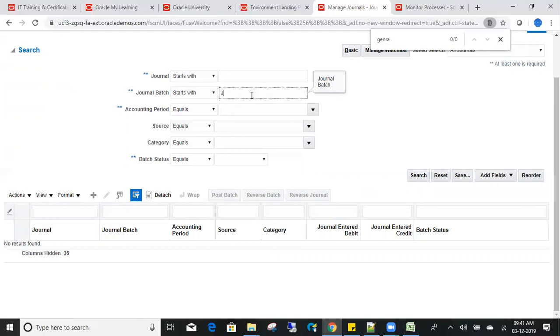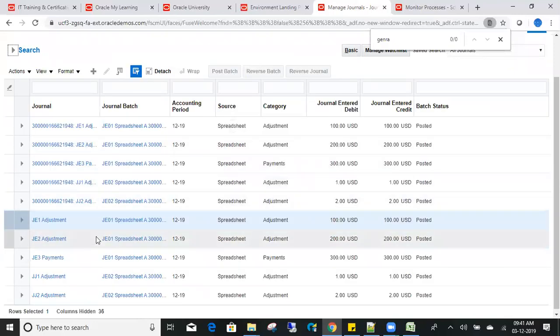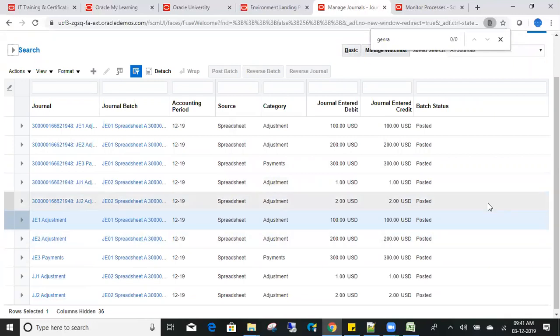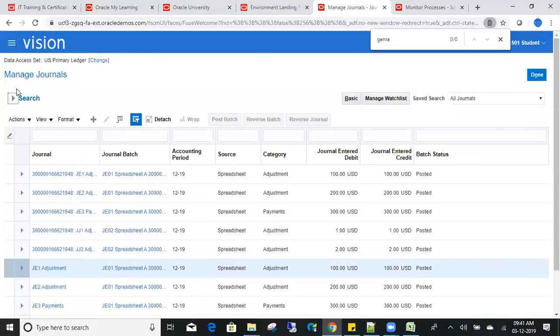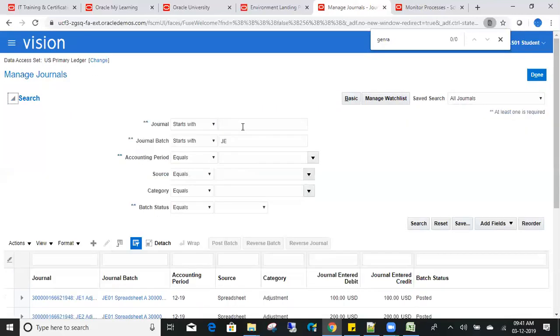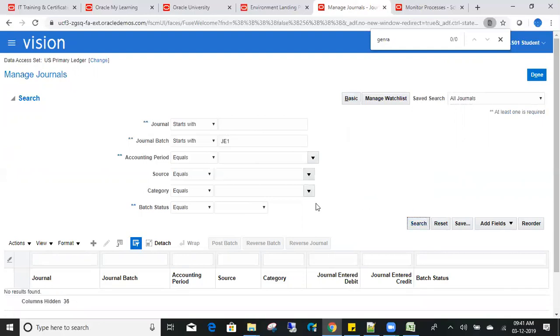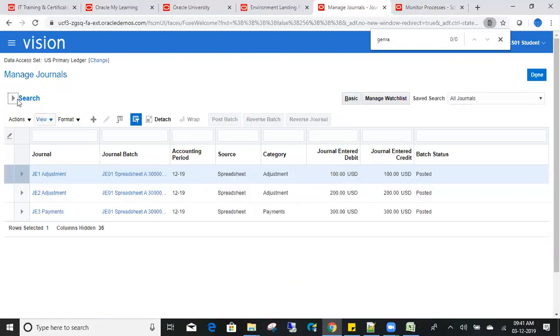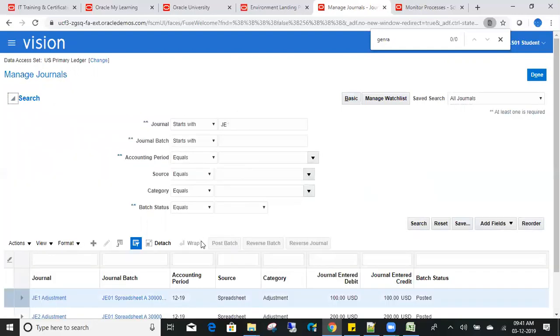Let me go with J. So I'm getting this many journals, right? Let me go with JE1, so it will be easy for you to understand. See, for JE1 I am getting 3. Okay. So whenever